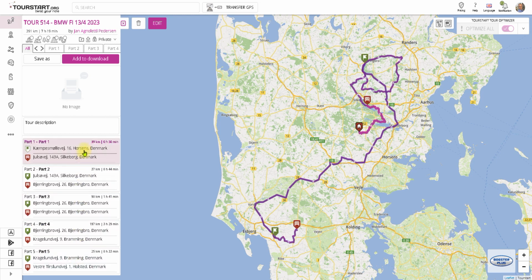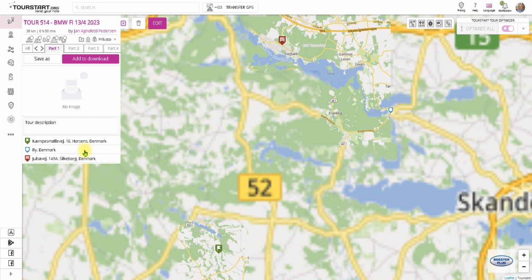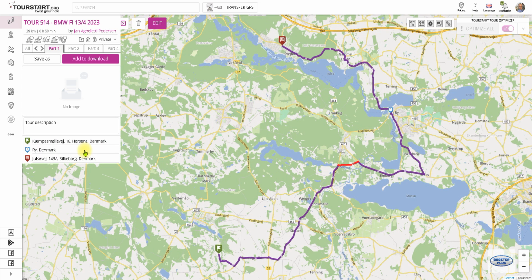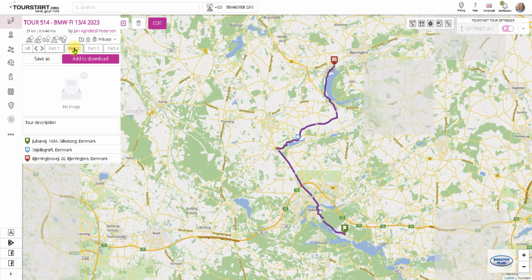If I want, I can have a look on each individual part of the tour. I can change up here on the tabs to see my tour number 2 and 3 and so on. I will go back to the overview